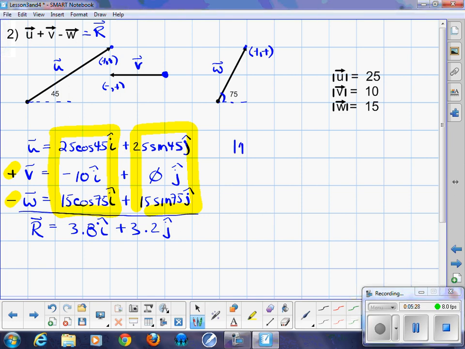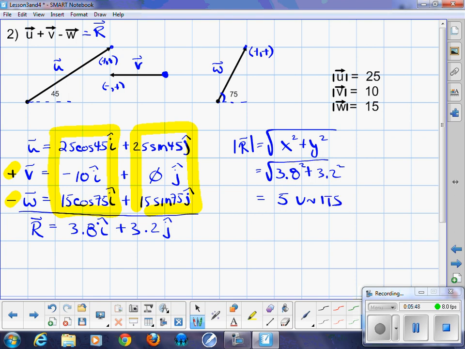I want to find the magnitude of my resultant. So x component squared plus y component squared: 3.8 squared plus 3.2 squared. And when you run that through, you get, let's call it 5 units. Theta then,